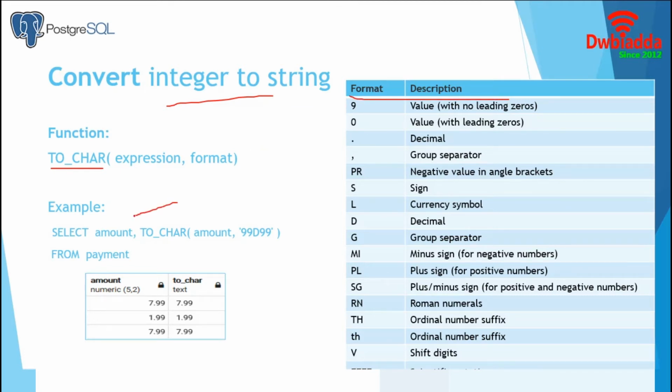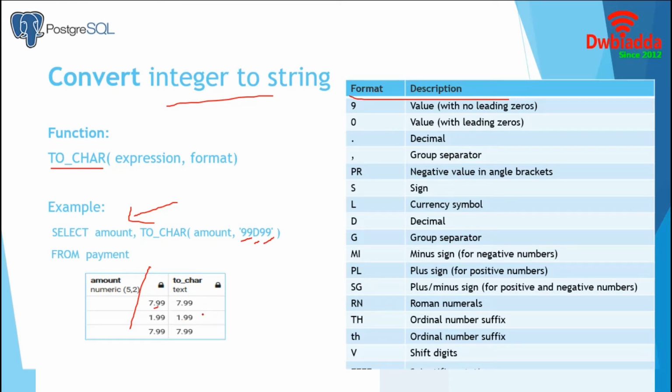Let's consider this example. The amount column contains values like 7.99, 10.99, 12.99, and we want to convert them into the equivalent string format. As it contains a maximum of 2 digits before the decimal point, we have to mention 99 in the first 2 positions. Then for the decimal point we will use capital D, and for the numeric values again we have to use 99. So if we execute this example, it will return the equivalent numeric values in character format.